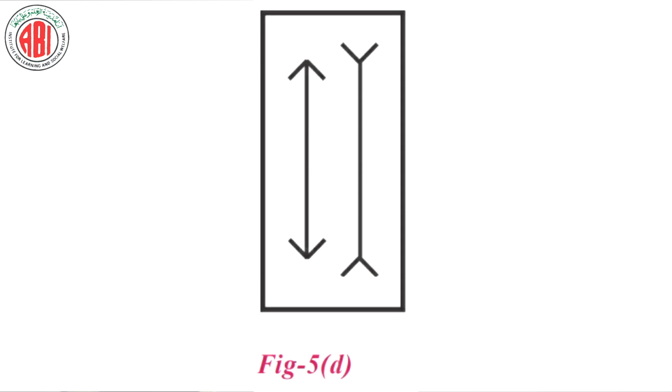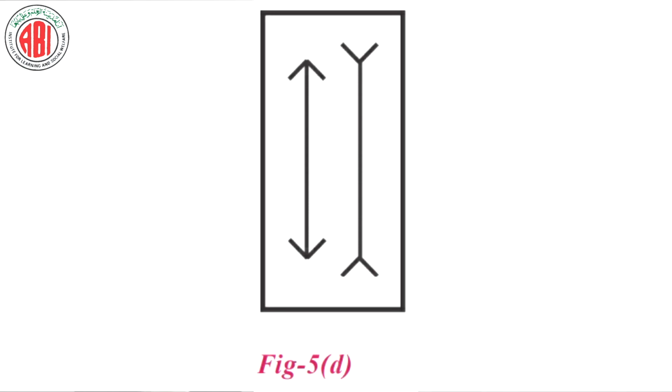In the next diagram we'll see these lines. If we are asked to say which line is bigger and which one is smaller, then by looking at this diagram, we will say that this line is bigger when compared to this one. But here they are asking us to see the line. They are not asking us to see the arrows. But our vision always goes to the edges.